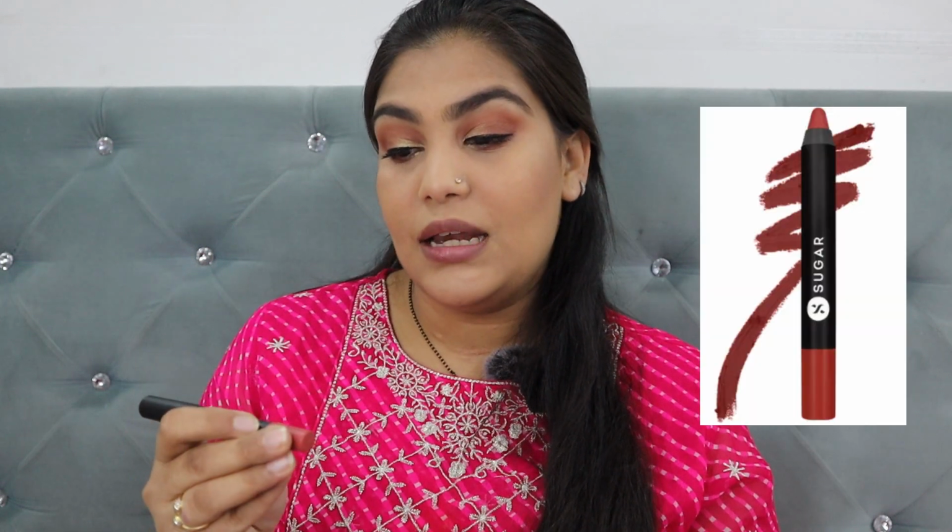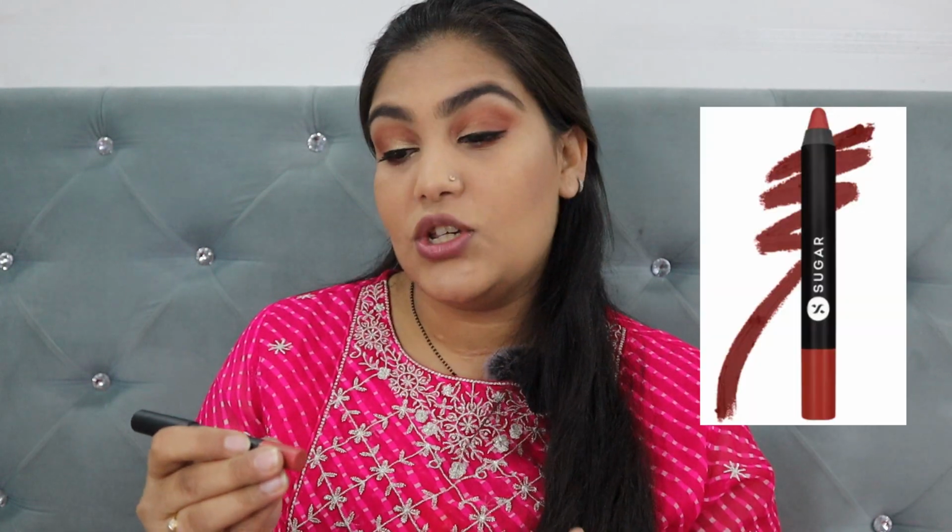Now we're on the last bit of our tutorial, which is the lips, and for that I am going to be using a lip crayon. I'm going to be wearing the Matte as Hell lip crayon in the shade 23 Jessica Day. Even though my eyes are very nudish, I can go with a nice red bold lipstick, but today the mood is nudish color, so we're going with a nice pink nude. I thought it's going to be a very subtle color, but now that I look at